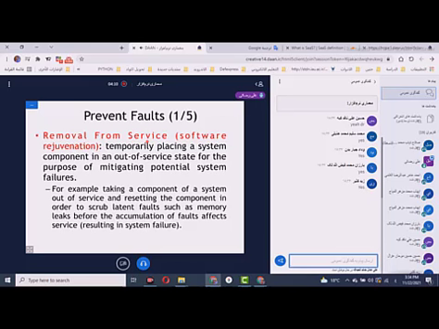Okay, software rejuvenation or removal from service. In this activity, we put the system in an out of service state temporarily. For example, every 1 hour, we can do this software rejuvenation technique. We can place a component or the whole system out of service for a small period of time